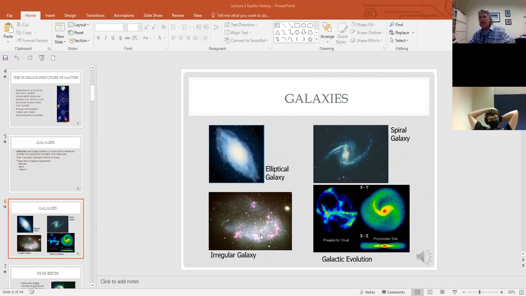Then you have irregular galaxies and clouds. Some are too small to form major galaxies. Some are too young and they haven't organized yet. So the theory is irregular galaxies become more and more organized over time as they drift from the center of the universe. The redshift I mentioned,